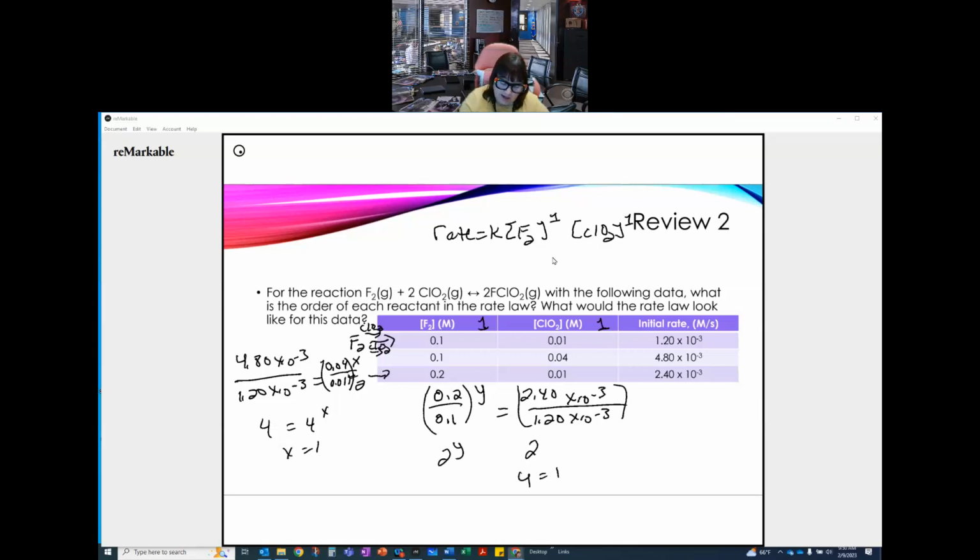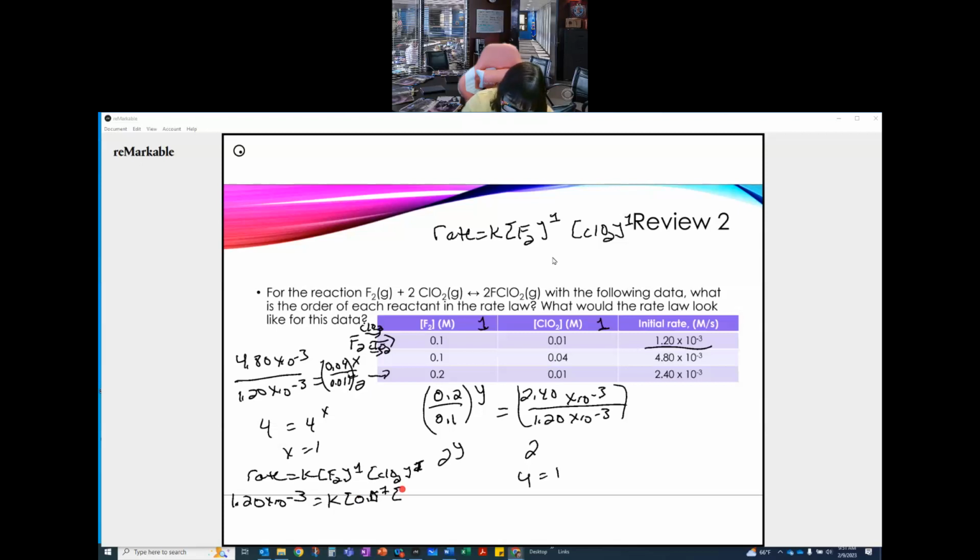Now that I know what my orders are, I can take one of these rows and say, all right, the rate, and I'm just going to write this down here. So rate equals k times F2 to the first times ClO2 to the first. My rate for this first row is 1.20 times 10 to the minus 3, and I got that from the table. It says initial rate right there. And that's equal to k times my concentration of F2, which is 0.1 to the first power,